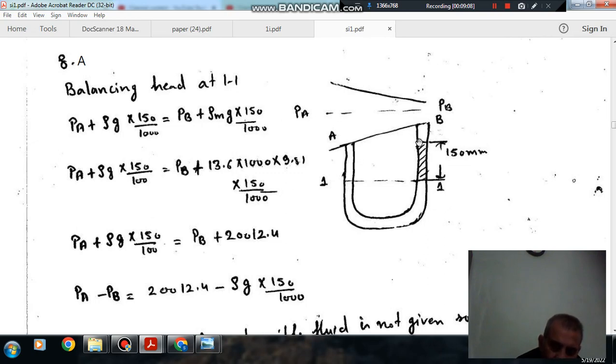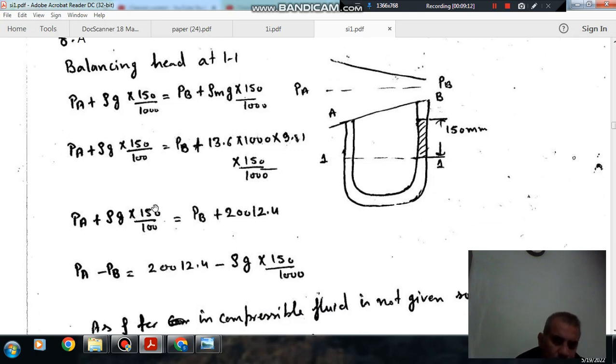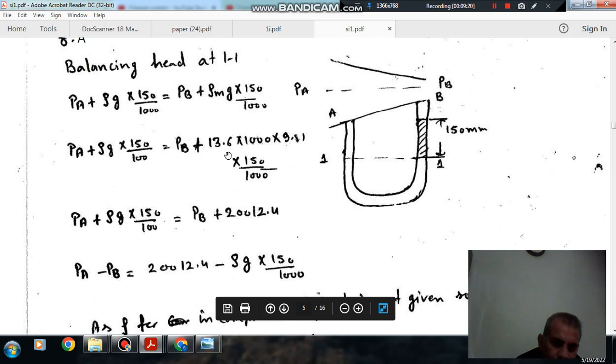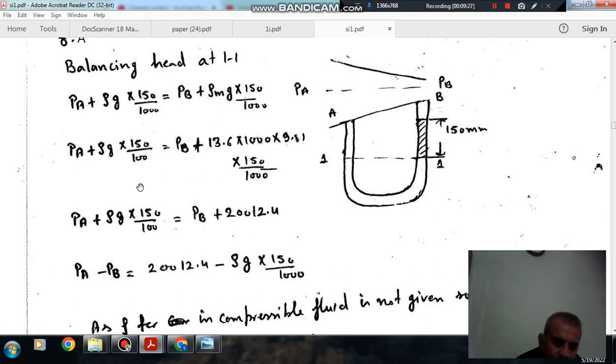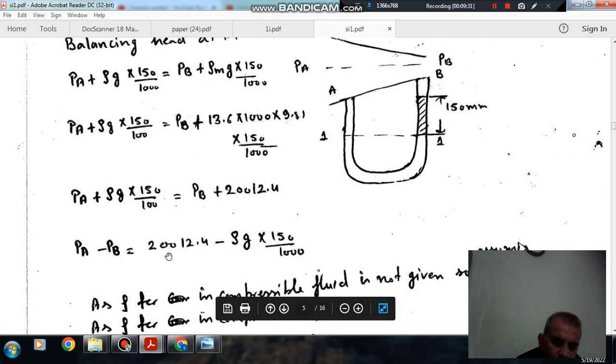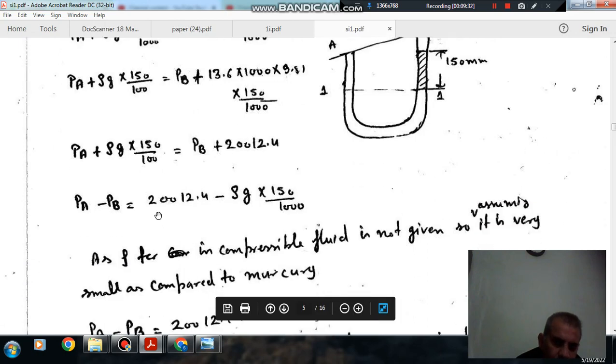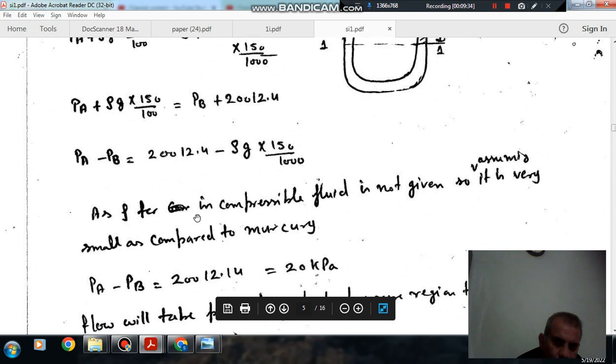Here there is mercury and here there is water. So now this is your PA, this is your PB, and PA minus PB, if you put the value of rho m as 13.6 into 1000 and rho as 1000, we get this as